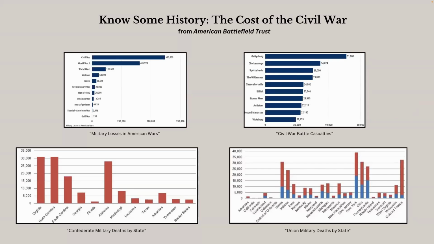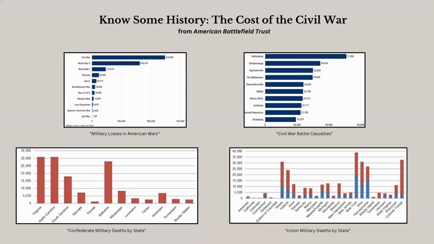And by the way, a casualty is a military person who is lost from service in the military through either death or wounds or injury or sickness or internment or capture or just missing in action. And know that for every 3 soldiers that were killed in battle, there were 5 more that died of